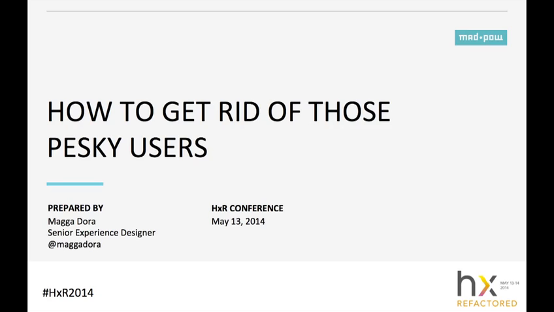yourselves. Just so that we are all on the same page about what I mean when I talk about pesky users, I'm talking about these users that are constantly contacting you or customer support with weird requests, like they're asking for functionality that's actually there. They are asking for information that's right in front of their noses. They are confused, always at the same step in that process, and yet it's documented in the help and has been for months. Does that ring a bell with anybody? I see a little bit of nodding.